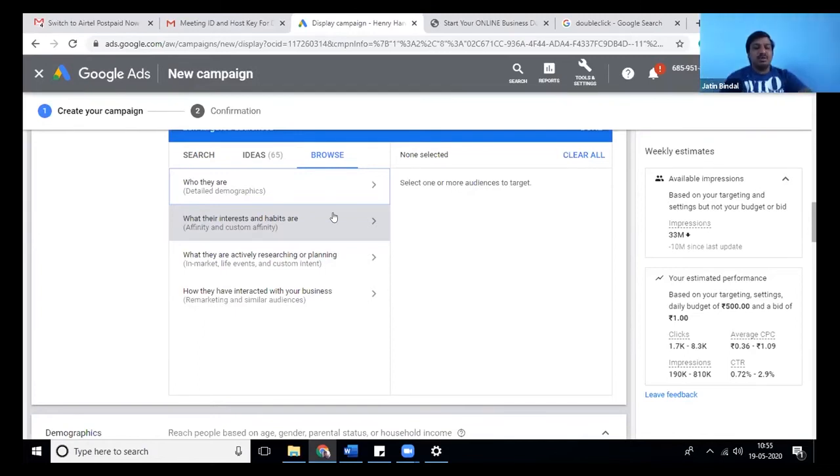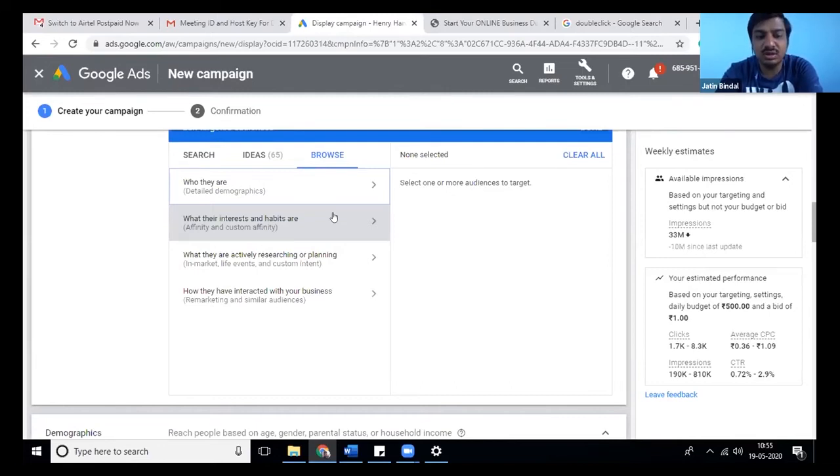Like my habit of buying online food is very high. Before COVID, I was ordering almost every week, twice, thrice. I was ordering online groceries as well. That is my habit. So my interest area is shopping, specifically grocery and food.